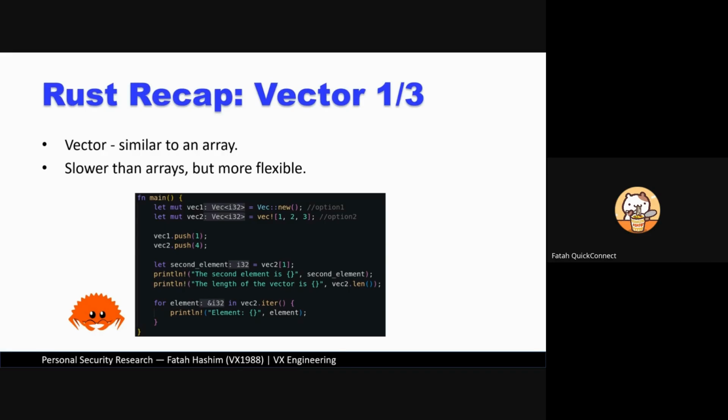But slower than arrays, but more flexible, right? More flexible. And vectors are strictly typed, which is good because you should not ever mix types in an array. This causes a lot of problems. And here is an example of vector code from the picture below. Then let's understand some of the code. All right. Here's function main, and mutable variable vector